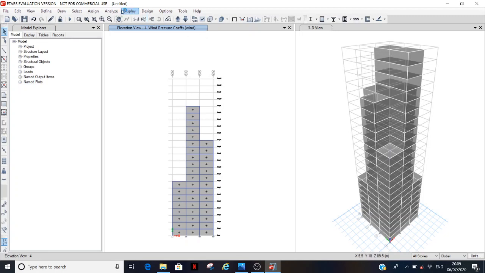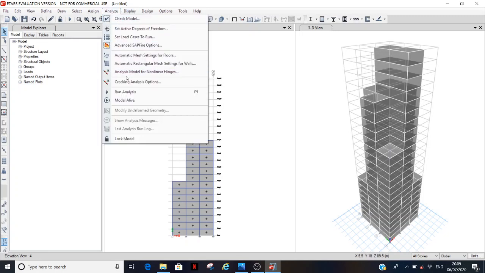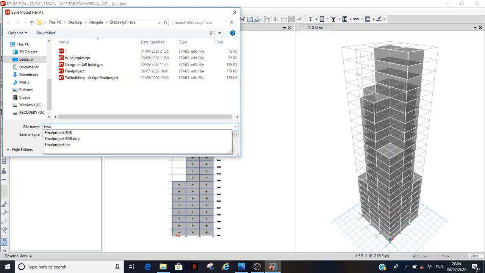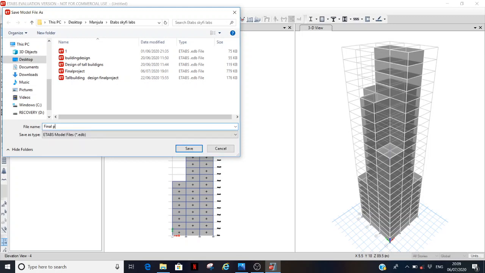Go to Analyze, click on the Run Analysis option, or otherwise click directly on F5. Since the file hasn't been saved, it's asking us to save this file. So let me give a name to this: final project, a tall building design. Whatever name you like, you may give it.